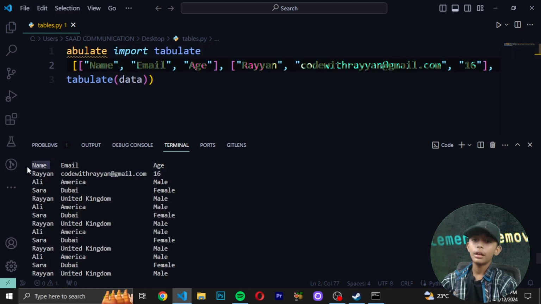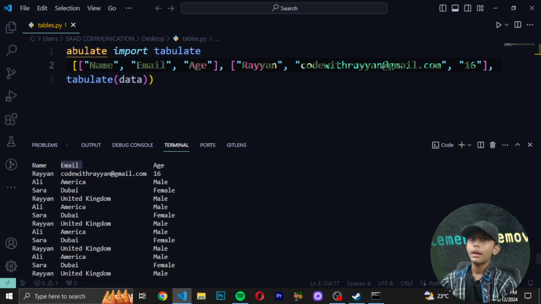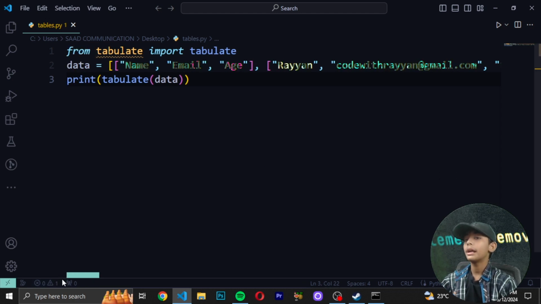You write like color. Here you write animal. In age you write what is your age. Okay, it is your own choice what type of thing you write here, and it is your own choice what you will do. But that's my work. I will tell you how to build, how to create a table using